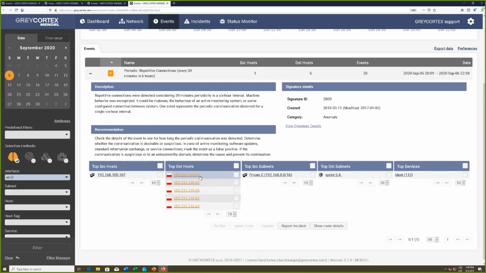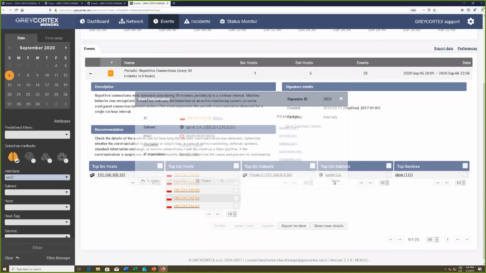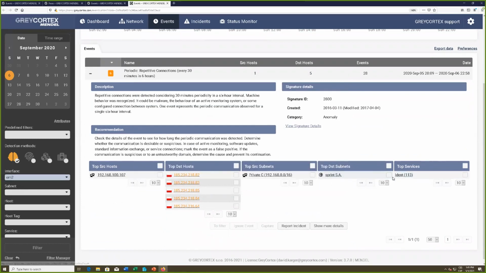And we can also see the destination. You can see that the system detected that this periodic communication is happening with those 5 IP addresses, which are located in Poland. And you can also see that it identified that it's trying to communicate to some weird port number